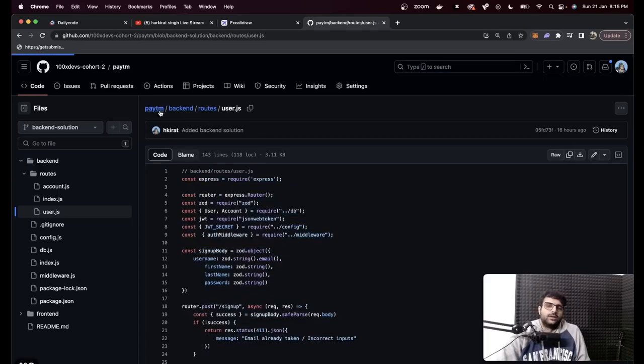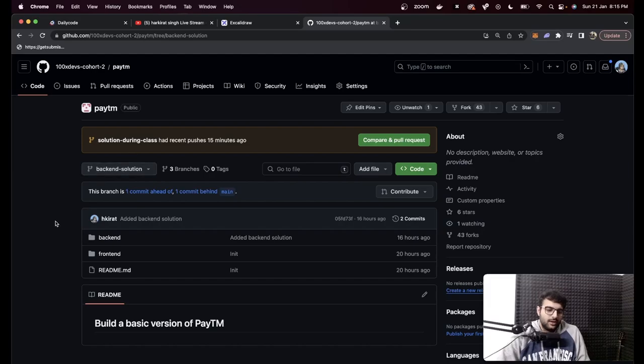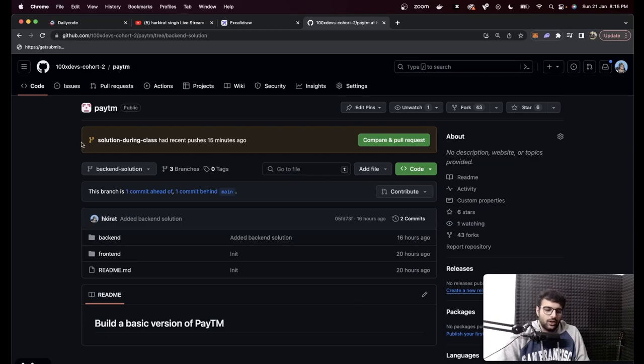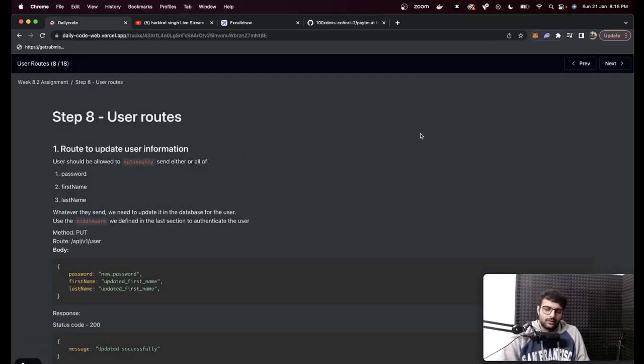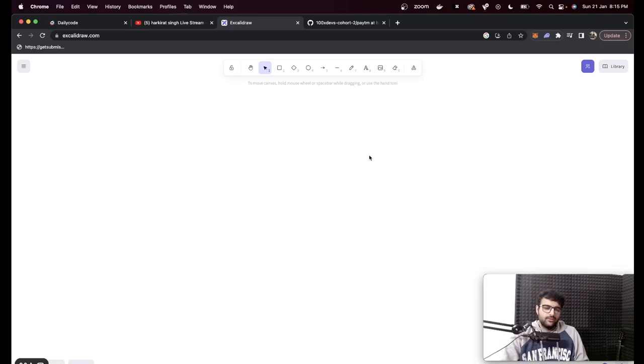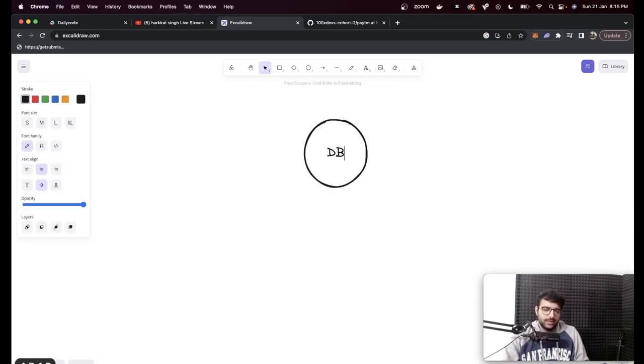Create bank related schema. Until now, we only have a single database, the users database. We haven't introduced a place where we are storing the users' balances. How much money does a user have? That is another database that we need to have in MongoDB. So let's create the schema for it. What does it say? It's as simple as this. Okay, a user ID, which is a string, and a balance, which is a number, the amount of rupees the